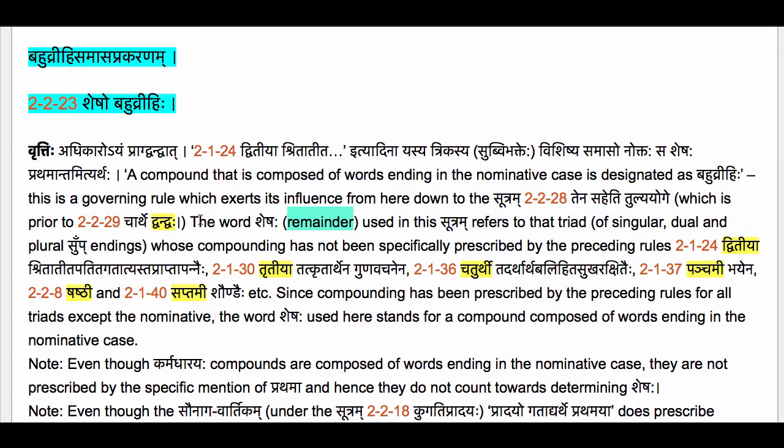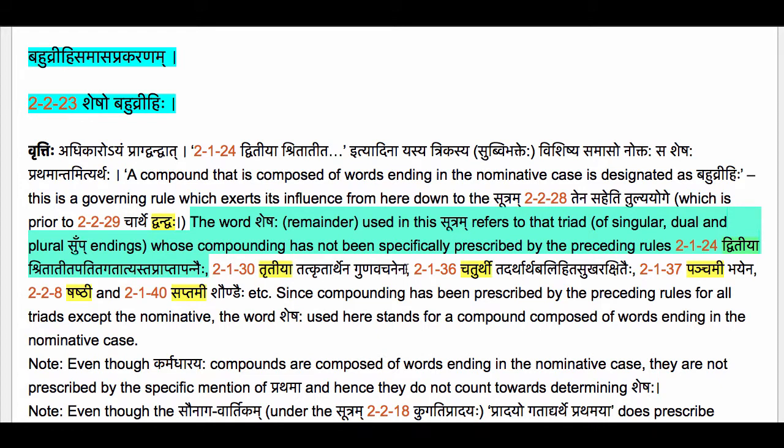The word Sheshaha, meaning remainder, used in this sutram refers to that triad, a group of three, meaning singular, dual and plural sup endings, whose compounding has not been specifically prescribed by the preceding rules, namely 2124, Dvitiya, Shritatita, etc.,